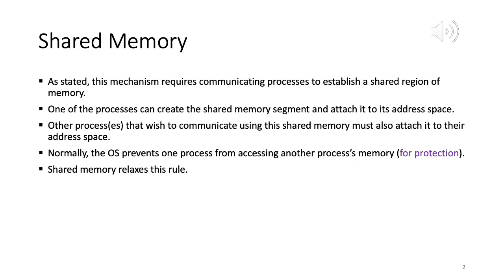Coming to shared memory. As stated, this mechanism requires communicating processes to establish a shared region of memory. One of the processes can create a shared memory segment and attach that segment to its address space. Other processes that wish to communicate using this shared memory must also attach it to their address spaces. We know that by default the OS prevents one process from accessing another process's memory. This is done for protection. Whenever you have a process running, the operating system assigns a certain part of memory to it, which we define as that process's